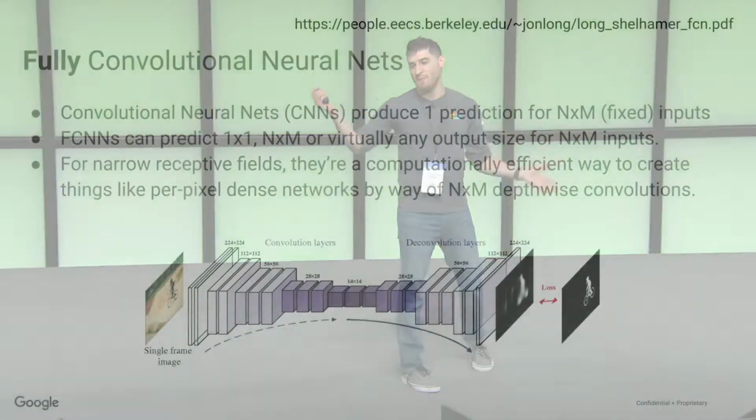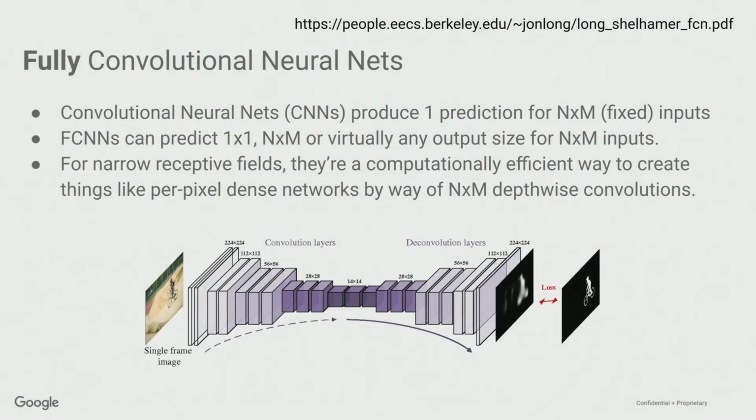But we do have to start with a diagram that's way too big, and we're going to have to break it down. But let's talk about how we go from convolutional to fully convolutional neural net. So if you look at this diagram here, the first half looks like our convolutional neural net. That's where we're reducing the dimensionality of the image. We are increasing the depth of the image, the amount of salient channels in that image, and usually go down to something that's 1 by 1 with a very large depth. And then we would predict a label from that. Obviously, we don't want one label. We want as many labels as there are pixels in the image.